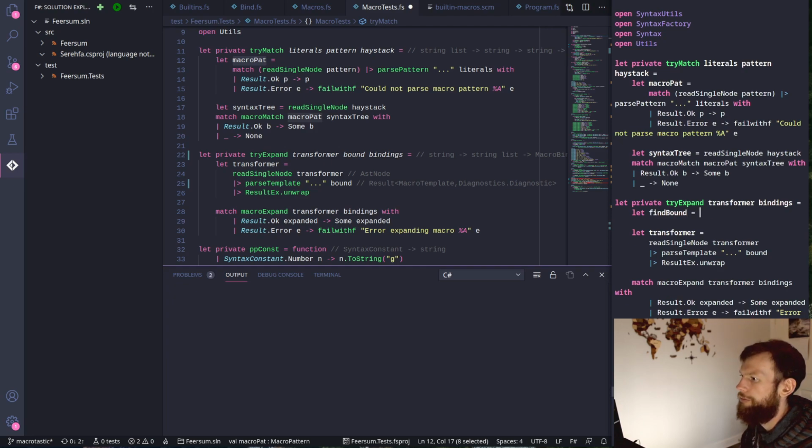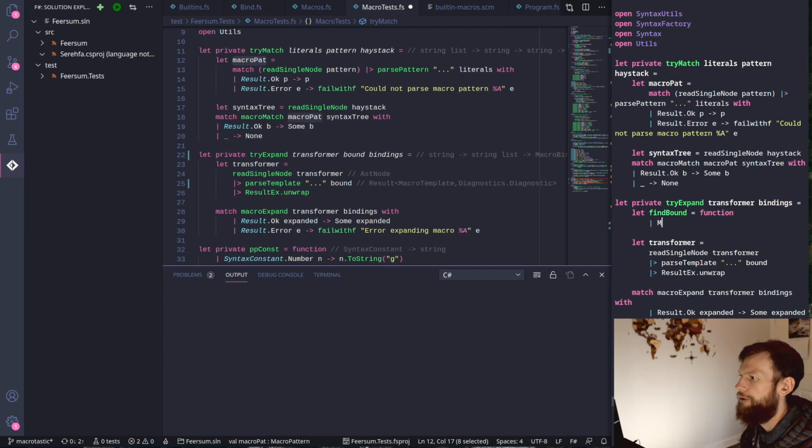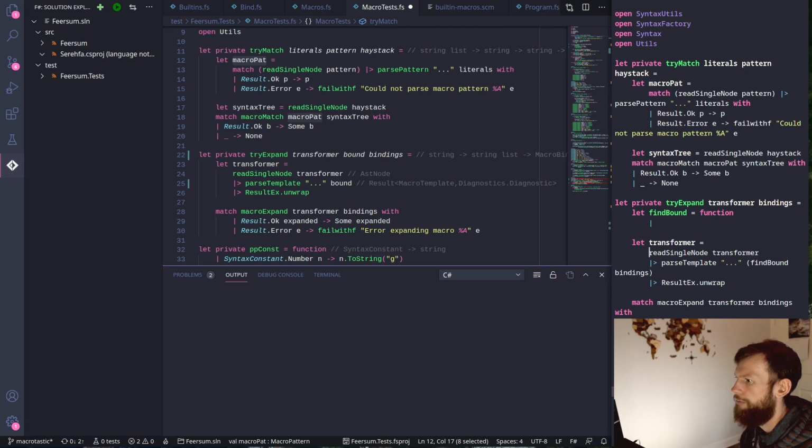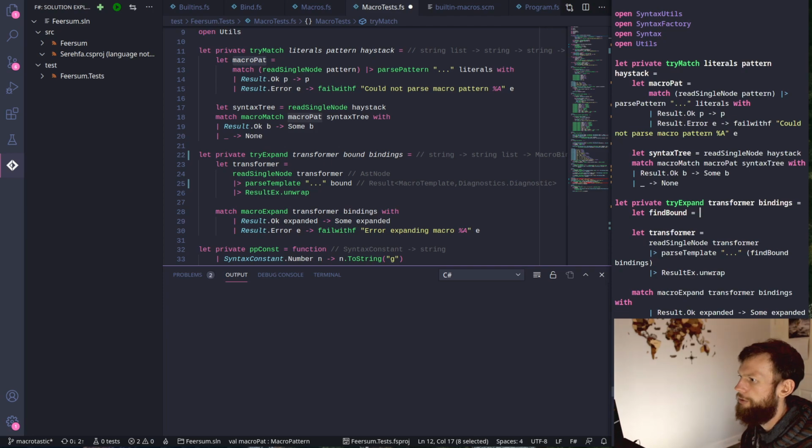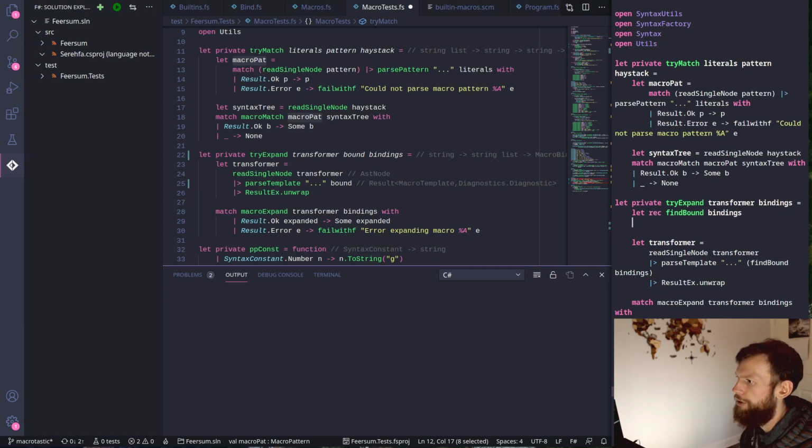Find bound. And it could either be a macro binding. Actually, I have no idea what it could be, but find bound. And oh no, fact bindings is gonna be